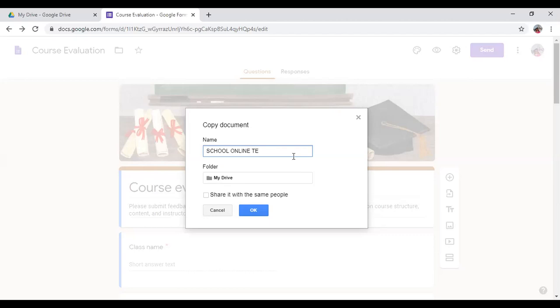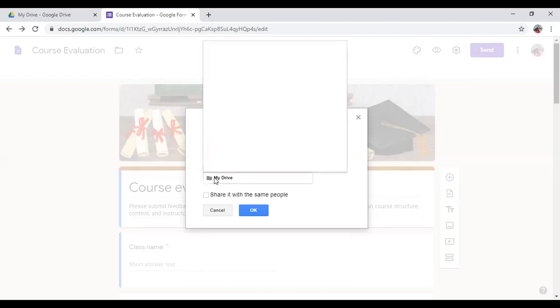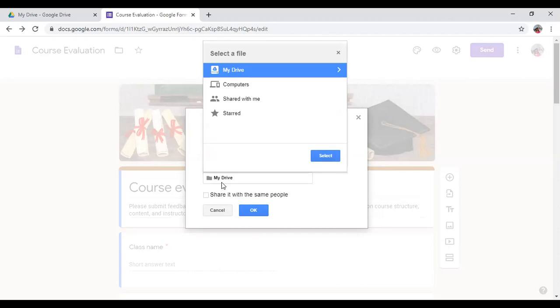I have given the name of the form. Here you can mention the path, My Drive. If you save in My Drive, it will save in your Drive. Otherwise you can share it. So I am saving in the Google Drive, My Drive.